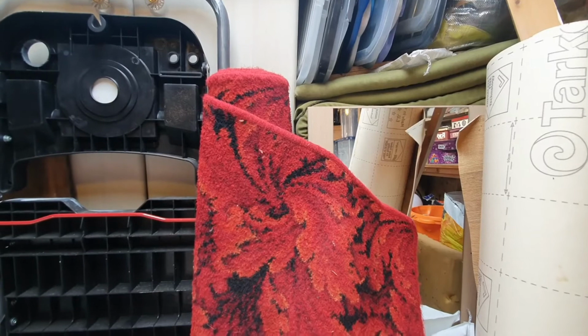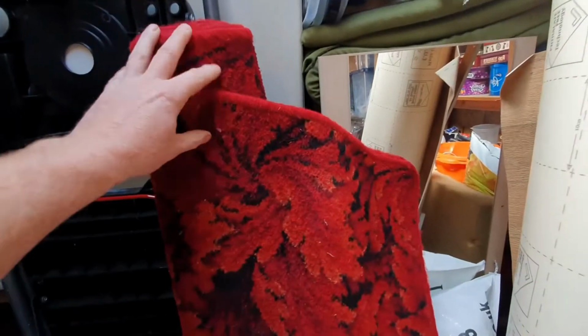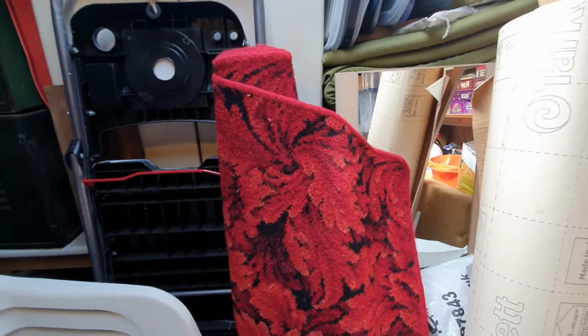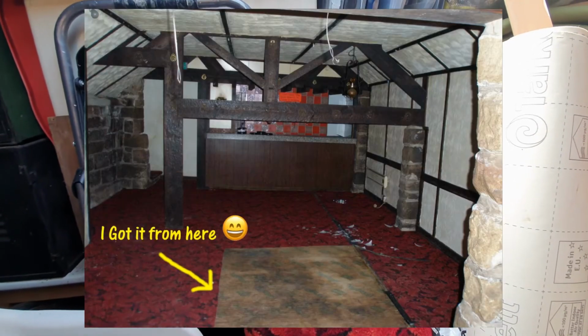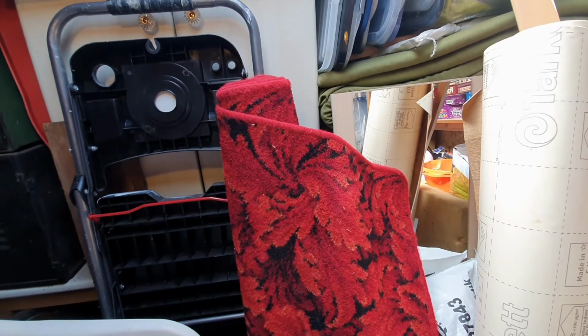Yes, that's the Hyman carpet. For my close friends who've been in my house, know they've got a bar in it, and I thought, what could be better? I want a piece of the Hyman carpet as a rug. So the last time I was in there, when I was liberating these, I went looking for a clean piece, and the only piece I could find was in the food area. So I cut that out, brought it home, got it bound up, turned it into a rug,